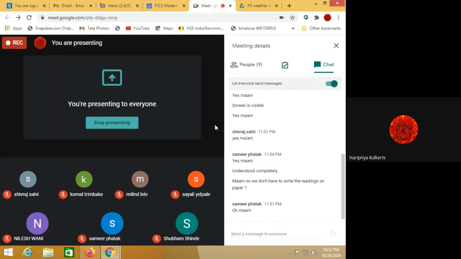In dual axis tracking, we are trying to control both axes, east to west and north to south. So there are two motors. One will govern the east to west direction, the other will govern the north south direction, and both the motors are operated simultaneously so that the sun will be tracked exactly.